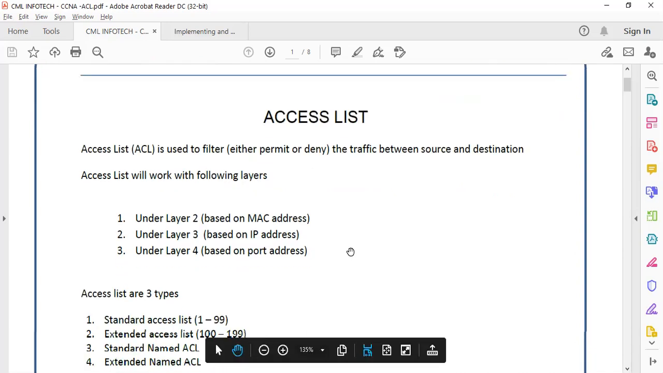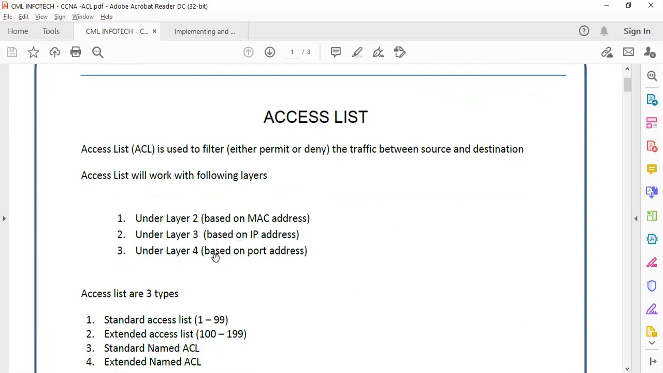Or from which IP to which IP we can filter, or from which protocol to which protocol, like TCP, HTTP, FTP. We can filter specific protocol based, or even we can do based on,